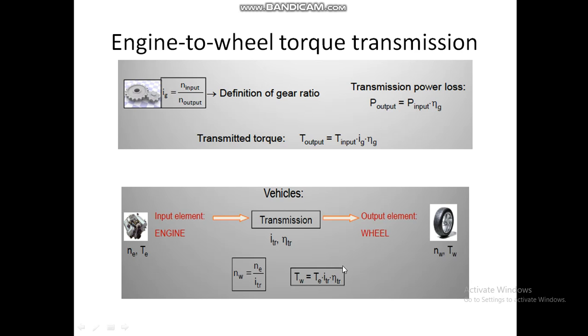Then this is some formula about the vehicle transmission required. Eta W equals NE upon ITR. TW is the total traction force. TE equals ITR times TW, and NTR. ITR and eta TR denote the transmission. NE and TE are for the engine, NW and TW for the wheels. W denotes wheel, TR denotes transmission, and E denotes engine. So NE is the engine speed, and eta TR is the efficiency. Okay.